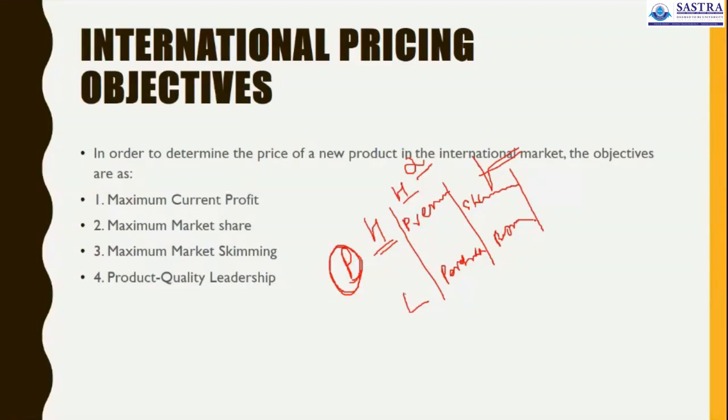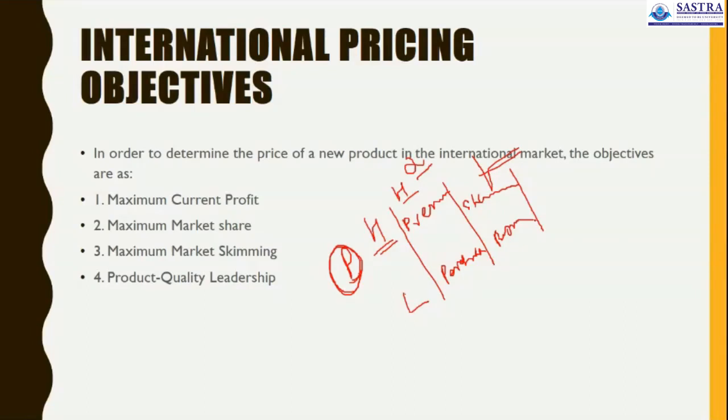What we assume, what we consider, is that a particular product comes under the category of psychological pricing. The psychological pricing strategy may be applicable for that product. And in cost leadership pricing, the prices are decided according to the prevailing market condition and the prevailing competition. So the majority of companies decide the price on the basis of market conditions.